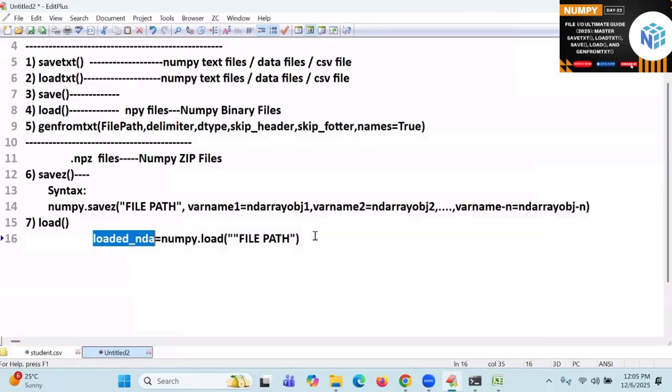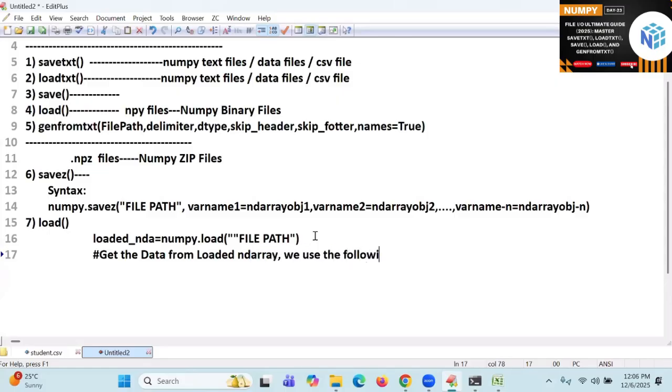So how do you use it? To get the data from the loaded ND array, we use the following.